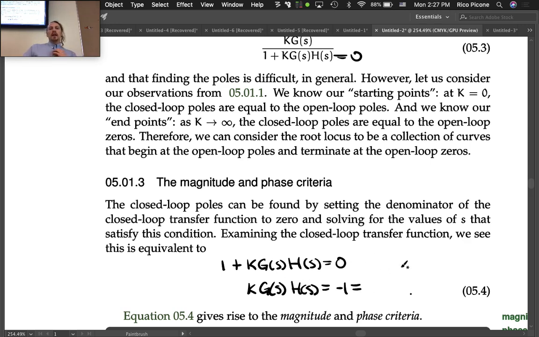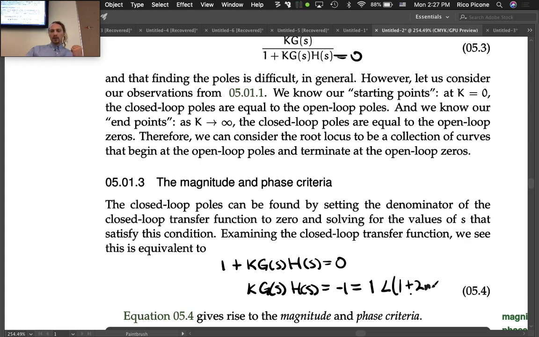Now, G and H are complex functions, and they return complex numbers. Let's think of this -1 as being real, but part of a larger space that is complex. So we can represent it as a complex number, which has magnitude 1, and the angle associated with it is 1 plus